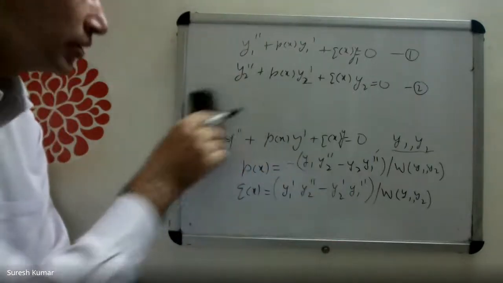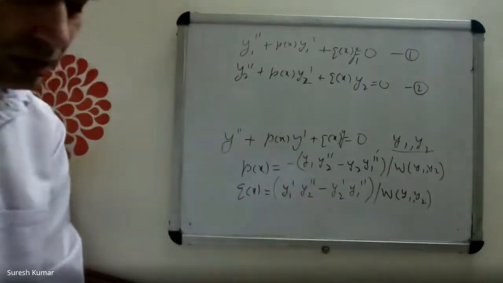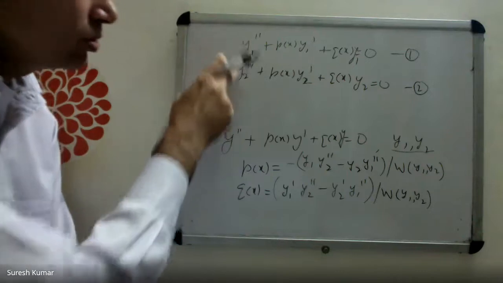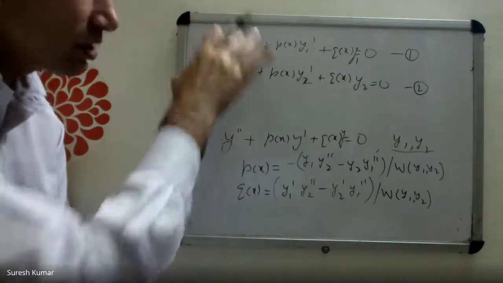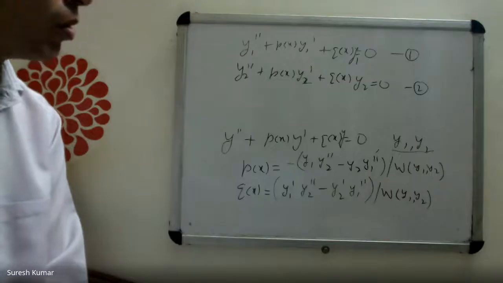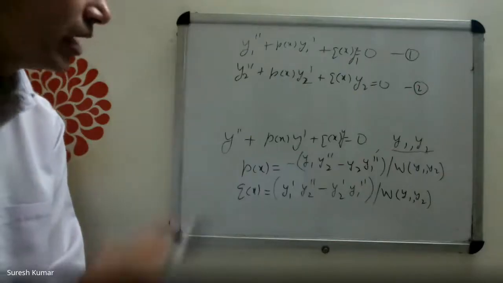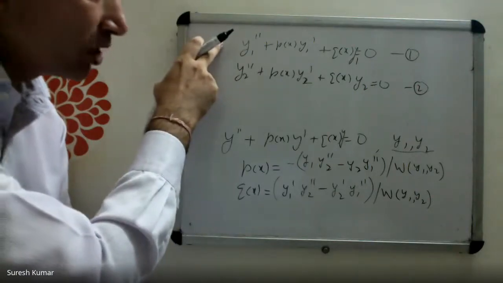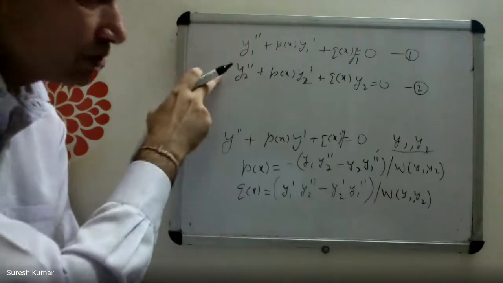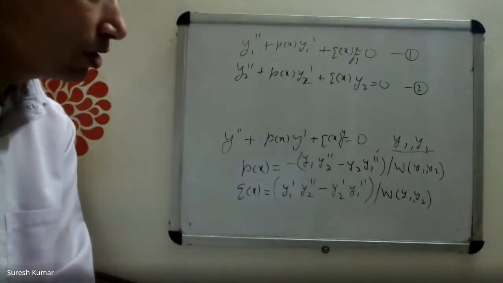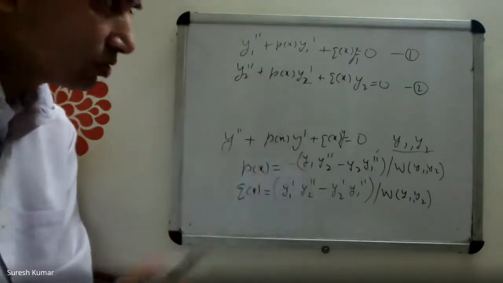I think we have done it when we were proving the result related to the Wronskian. Multiply the first by y2 and the second equation by y1 and subtract the two. What will you get, Px or Qx? Px. And if I multiply the first equation by y2 prime, the second by y1 prime and then subtract, then you will get Qx. So it's a simple procedure. You can obtain these two from the given equation.